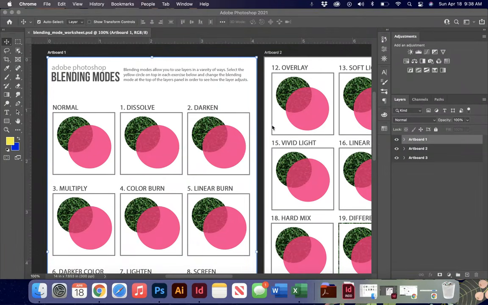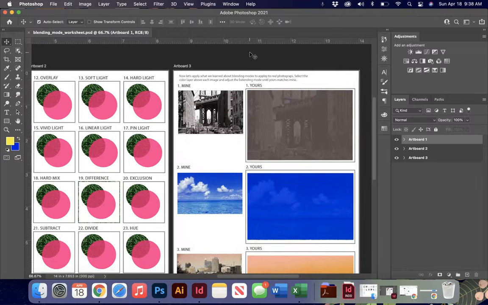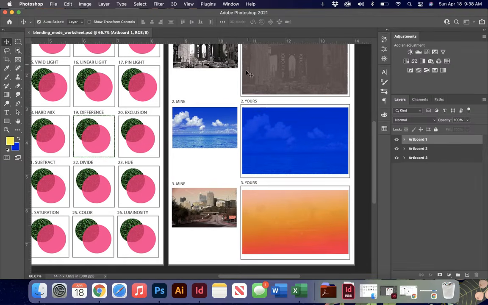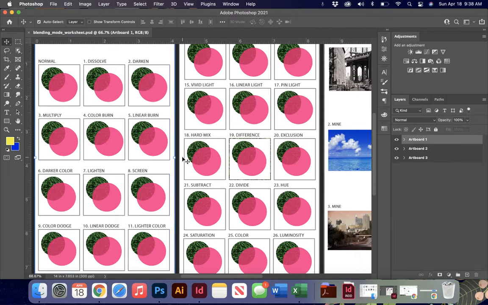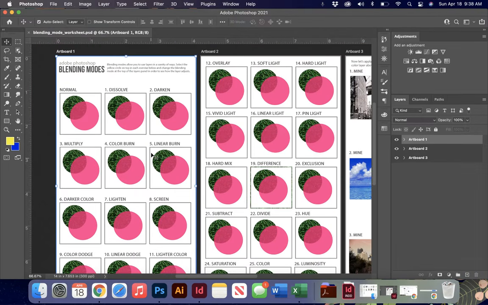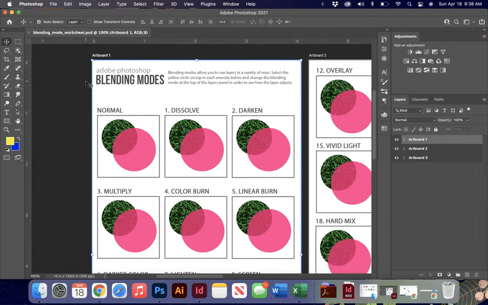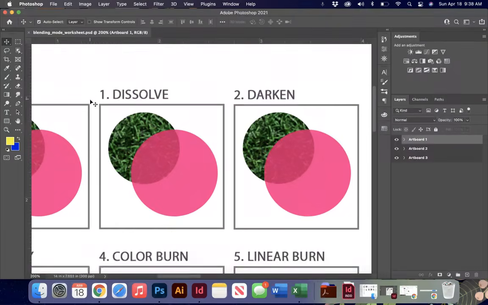Today in Adobe Photoshop, we are going to be discussing blending modes. For today's activity, I've given you 3 pages of worksheets to do. Now, don't flip out that it's so much to do because it won't take you but a few minutes to complete this activity. But what it does do is it gives you a really good detailed explanation of how blending